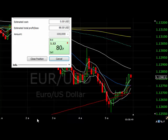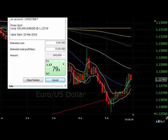Right, okay, I'm actually going to close out the half here at 80.7. I've just spotted something. So just closed half at 80.7. If you remember last week, in last week's video, the trade I was in ran so far, and then all of a sudden it just rolled all the way back over, and I just spotted something off screen. It was almost the same type of pattern that I just spotted. So I thought, oh, okay, I'm going to get that one banked this time. So what I did was